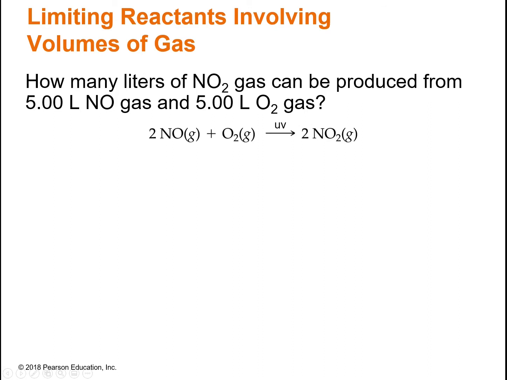We can do the same thing with gases. So this is just another example. How many liters of nitrogen dioxide gas can be produced from 5 liters of nitrogen monoxide gas and 5 liters of oxygen gas? So this was the same reaction that we started with at the very beginning when we were learning how to interpret chemical equations. Remember, you have to identify not only that it's limiting reactant,